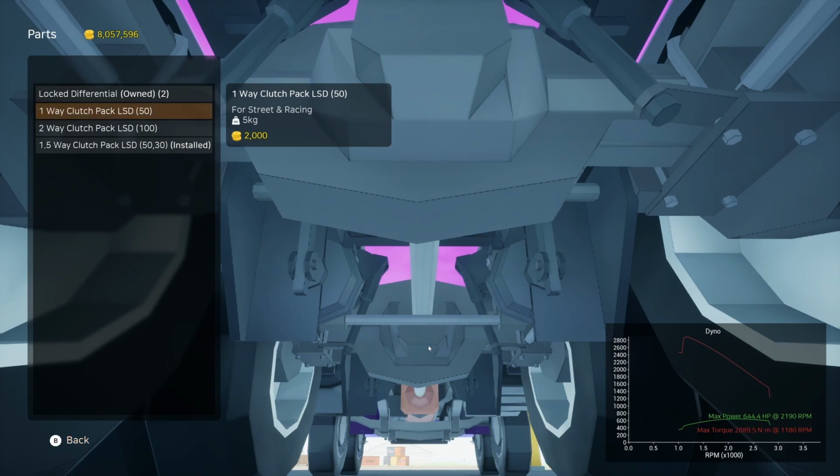One way refers to the direction of torque for that limiting action to be engaged. So let's break that down. In a one-way limited slip differential, you need to be accelerating for that limiting action to engage. Say you're pinning it and the left side breaks free. If you have enough torque being input to the differential for that limiting action to occur, it will either send more torque to the side with traction or not allow torque to travel to the side that doesn't